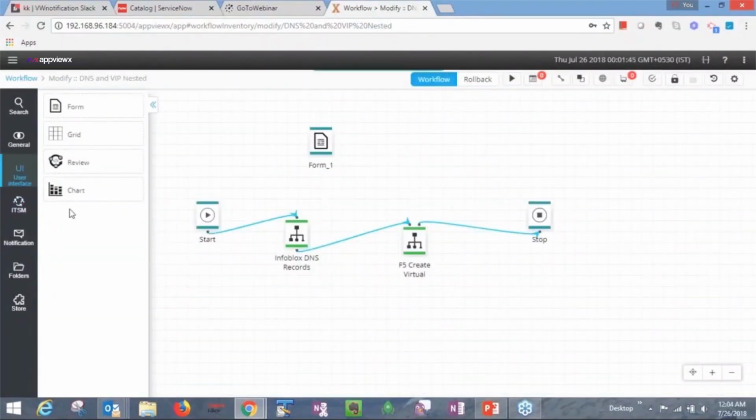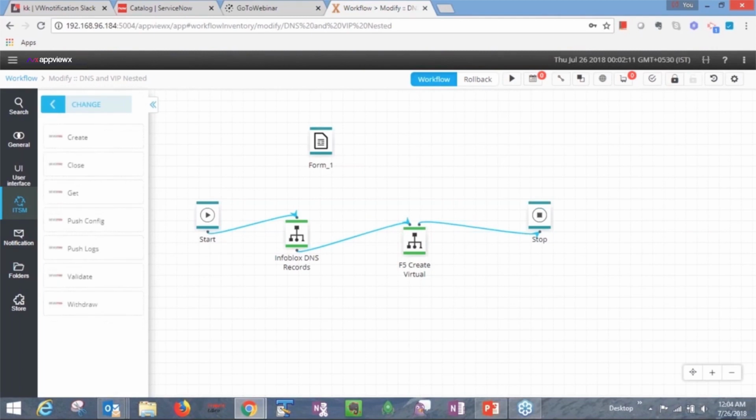One of the reasons all of these elements are there is also because we are going towards low-code automation. We want to be a low-code automation platform where you can have most of the logic built and customized, so that the tool itself is not too rigid. Right, we want to enable more automation, orchestration, and then reusability. So we have the ITSM section that allows you to integrate with ServiceNow or Remedy or Jira or any other ITSM tool as part of the whole process.